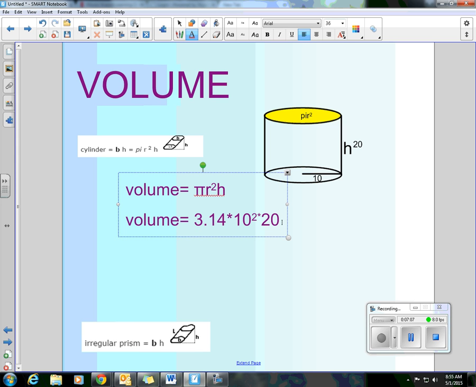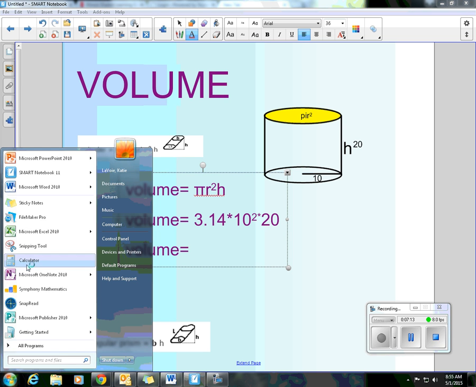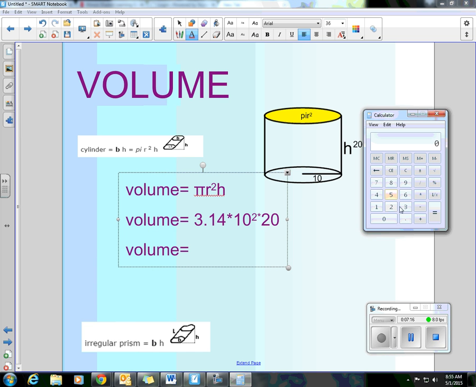So I'm going to grab a calculator and figure out what this is. Okay, so I'm supposed to put in 3.14. I'm supposed to times it by 10 squared. There's no square on here. I know that 10 squared is 100, so I skipped a step because it's in my brain. And then I'm supposed to multiply it by 20. So the volume of this shape is